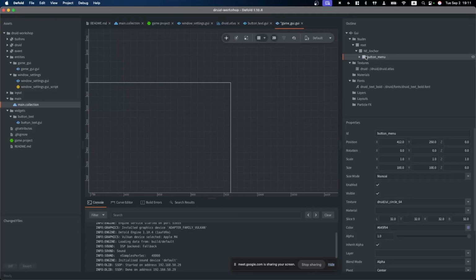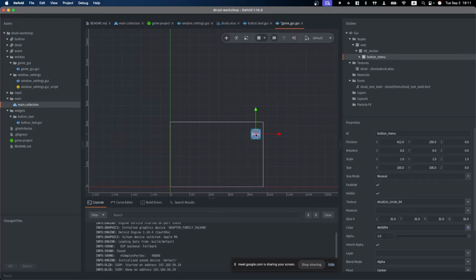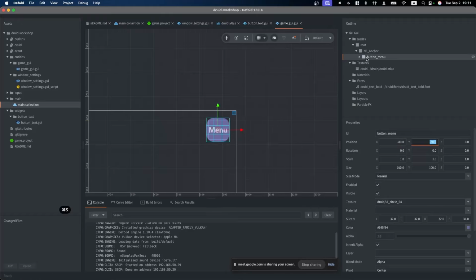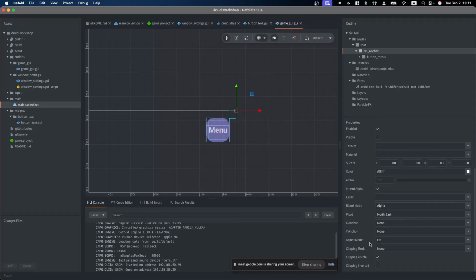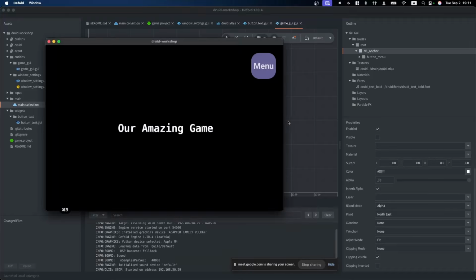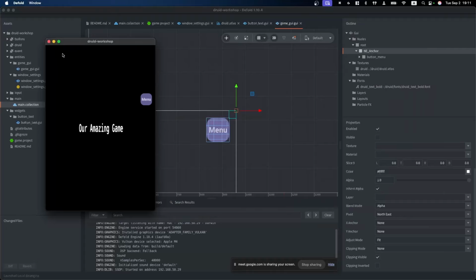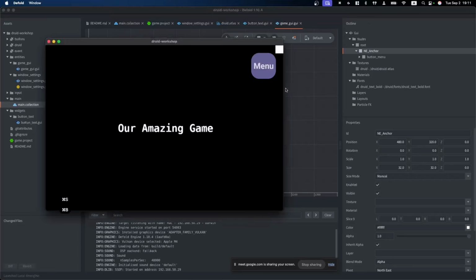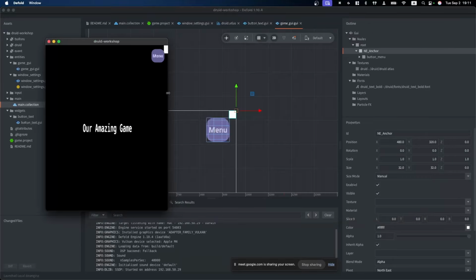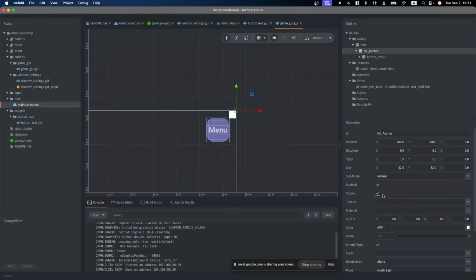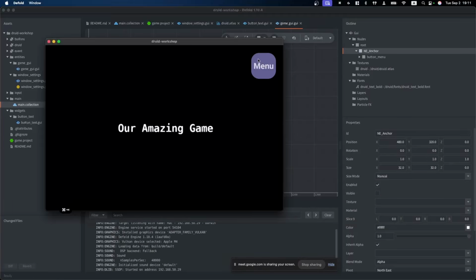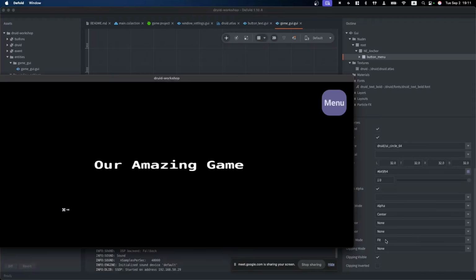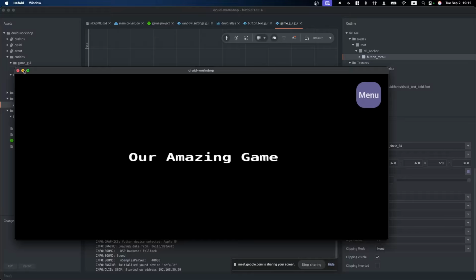And place our button menu here. It jumped, so I return it back. For example, it will be -18. And this anchor should have a stretch mode. Because, as I saw, it's fit mode. It will act the same, but if you set stretch, I can make it visible here to see, it will be always on the right top corner. So it's good. We have a helper node, which is always restricted to the right top corner, and our menu button is fixed. It will not be transformed somehow. It will be always on the right top corner.